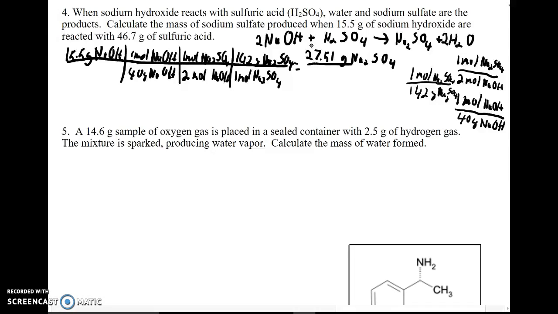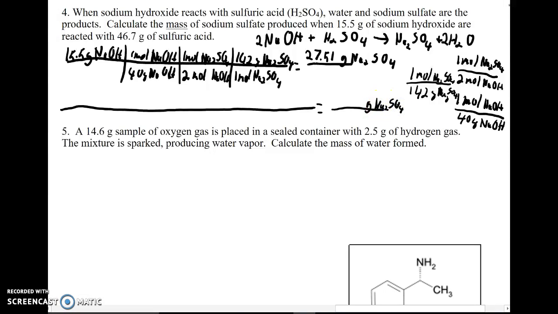All right, so I've done one stoichiometry problem, and I've come up with a mass of sodium sulfate, which is what I was asked for. But I also have 46.7 grams of sulfuric acid. And now I have to do a second problem for that one. So I'm going to set up another dimensional analysis problem working towards the exact same thing, grams of